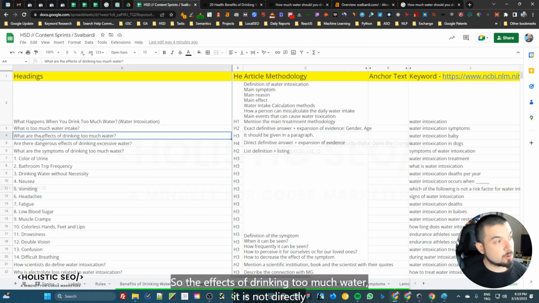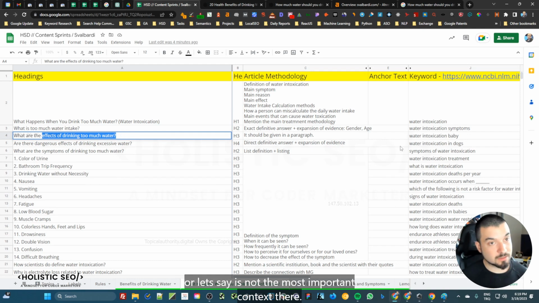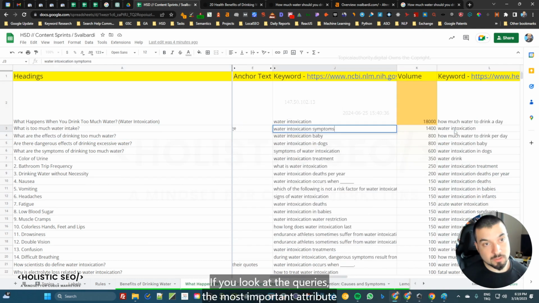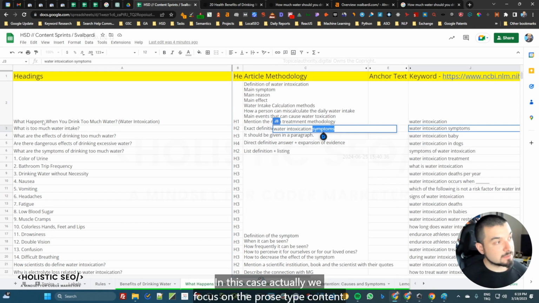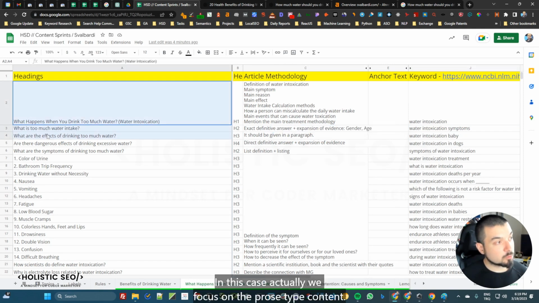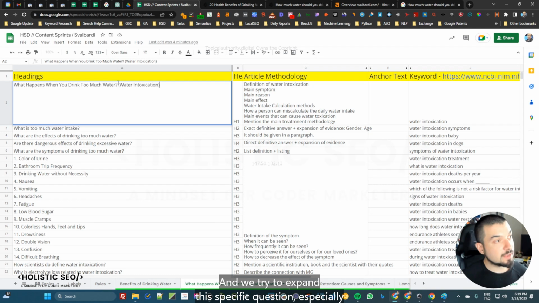So the effects of drinking too much water is not the most important context there. If you look at the queries, the most important attribute that you will be seeing will be symptoms. Then we will see the treatments and some other sections as well. In this case, we focus on the prose type content and we try to expand this specific question especially.